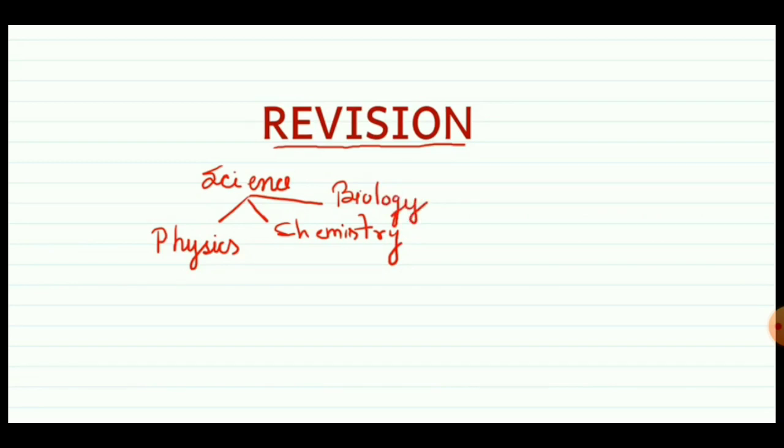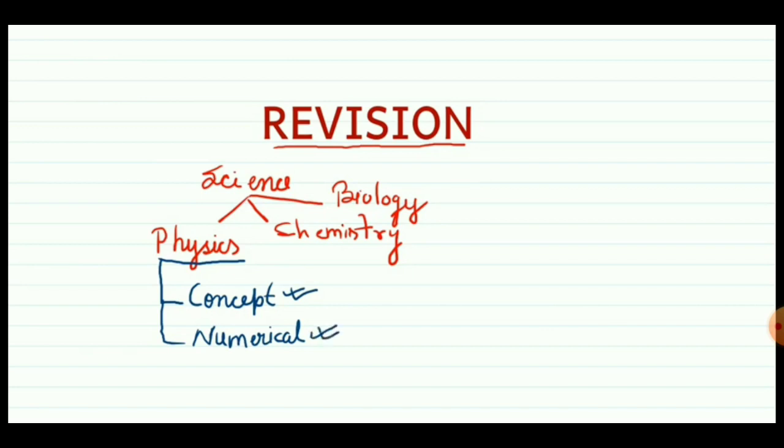When we talk about physics, student, physics can be learned better in two ways. Number one, we should learn all the concepts of physics very properly, so that we are able to give the answer to every question if we know the concept. Now the second thing is, if we know the concept, then only we are able to solve the numericals based on the concept. If we prepare these two ways, physics will be very easy for us. So let us start once again.